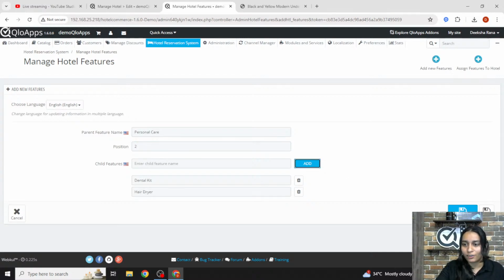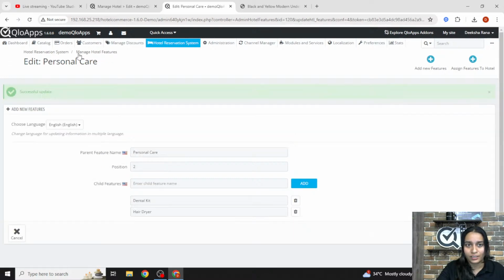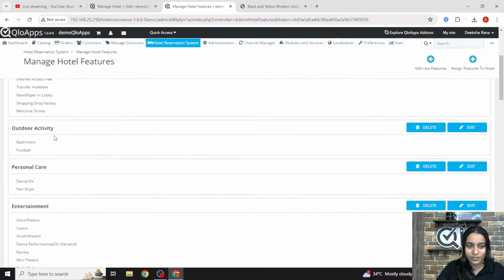Okay, so let's just click on the Save and Stay button, and now let's see how it is displayed. So as you can see, the amenities which we have added are displayed in this list, and now it's time